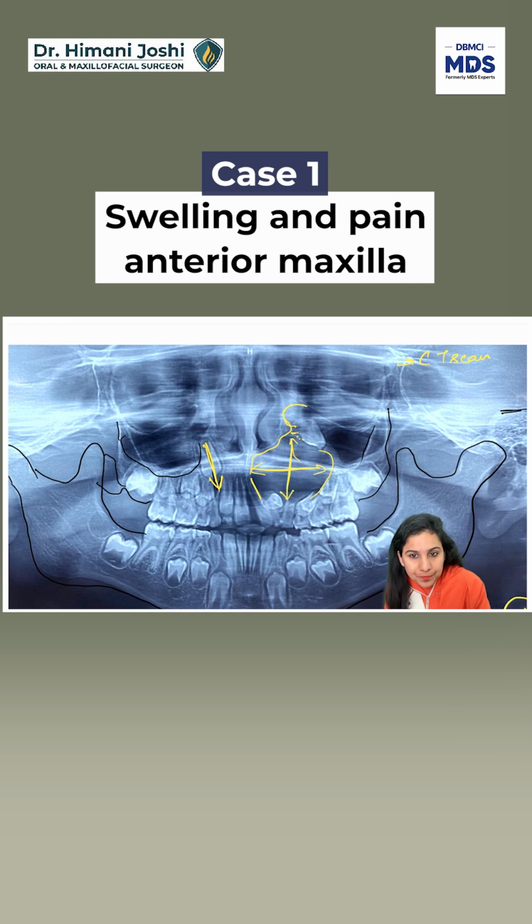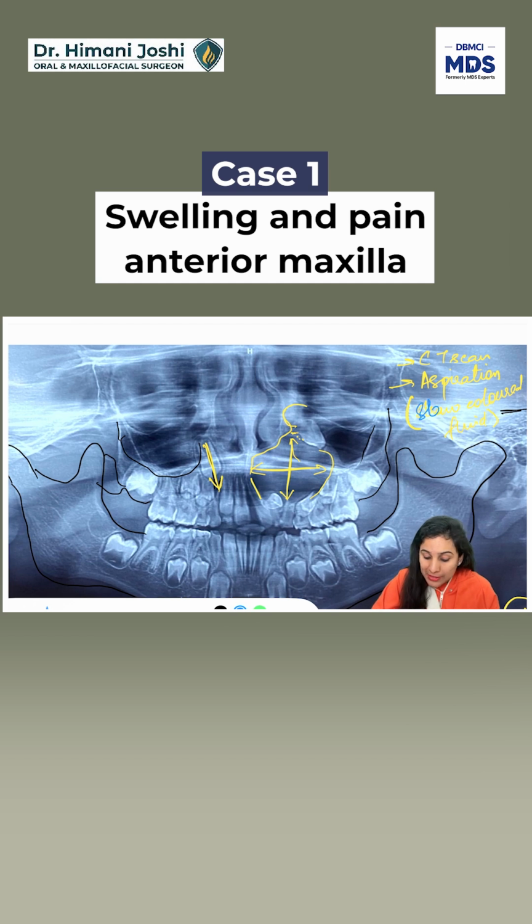Along with that, the clinical next step will be aspiration. I try and aspirate. I put a wide gauge syringe, I aspirate, and I see if there is some fluid coming. Luckily for this boy, there was straw colored fluid, which made me happy, which confirmed that it could be a cyst, because a straw colored, golden colored fluid is typical of the odontogenic cysts like dentigerous cysts.